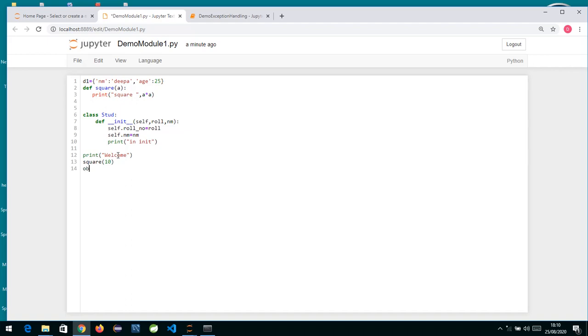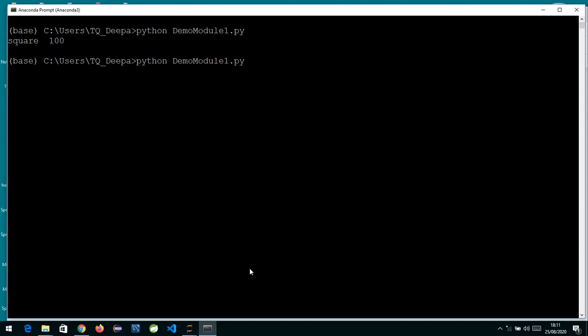I'll write obj or ob, whatever you want, is equal to the name of the class, that is stud, and this takes two arguments: one is the id, and the second is the name of the student. So whenever we create an object, this init method is called and will get executed. So Ctrl+S to save, go to your Anaconda prompt and just run this again.